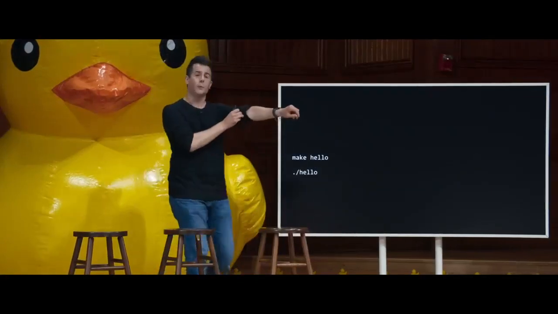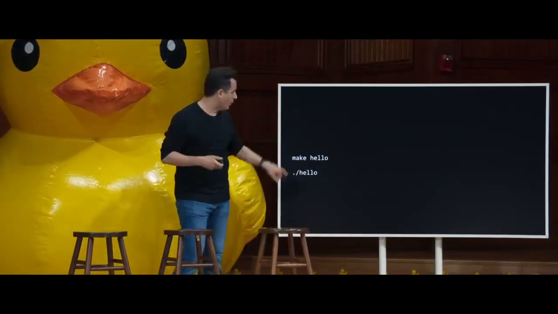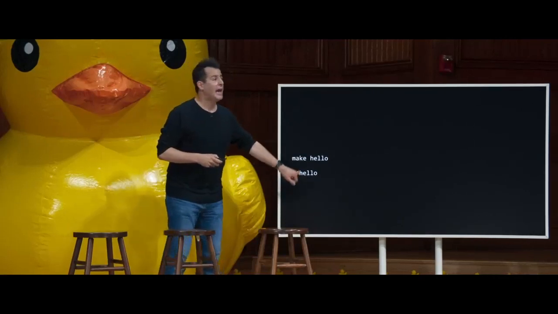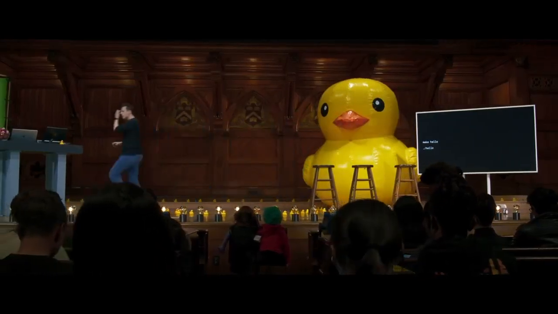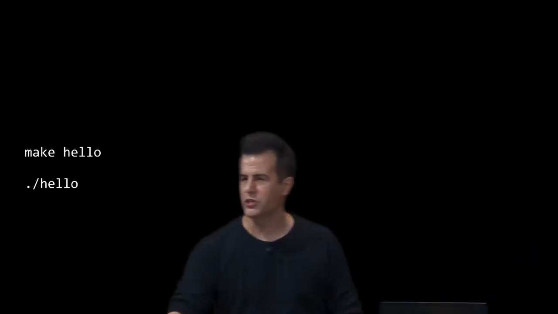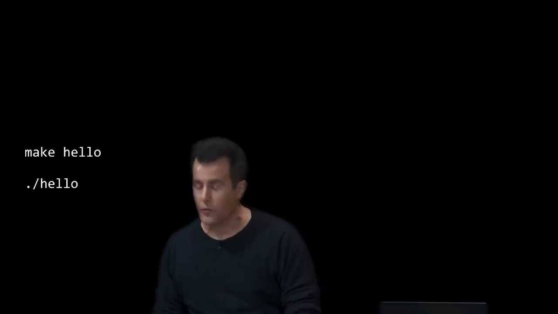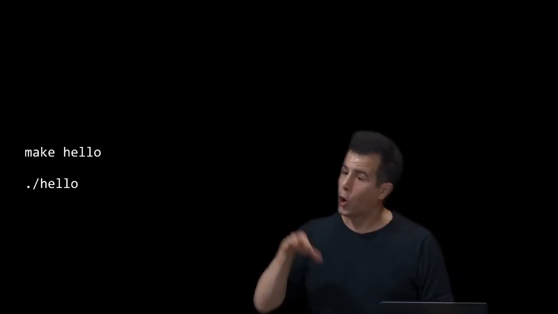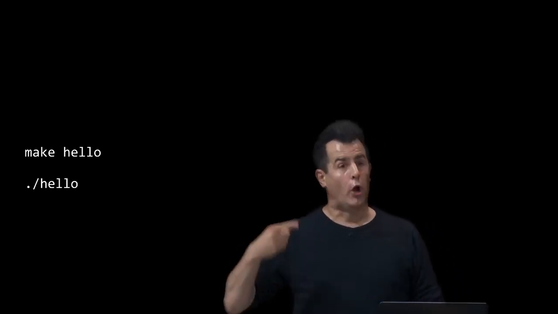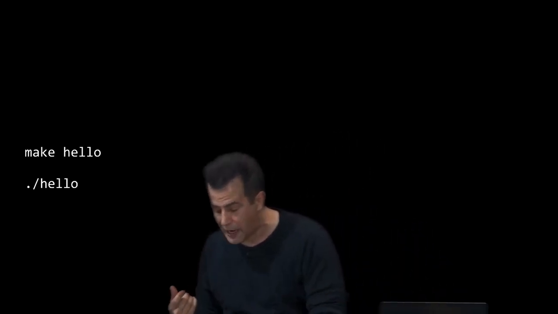So here are the couple of commands that you've been in the habit of running when you want to first compile your code and then execute your code. But it turns out that make is actually running another command for you. The first of several white lies we'll tell in the course is that make itself is not a compiler per se. It's actually a program that automatically runs a compiler for you. And by that I mean this.